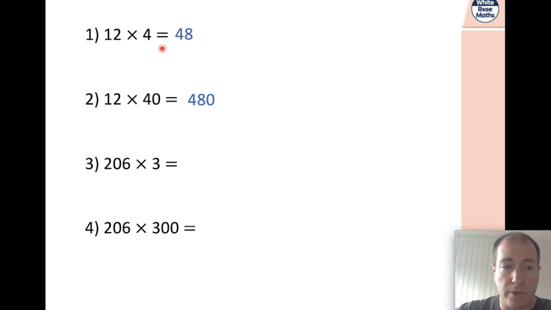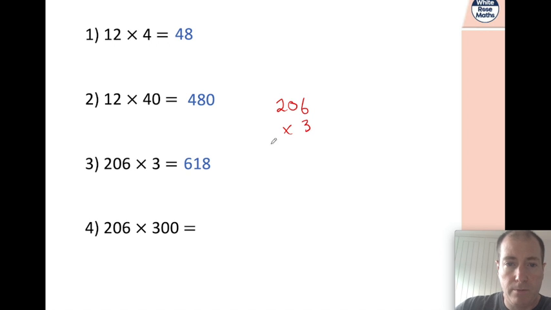Let's move on to question 3, 206 by 3. Well, if I was going to do this with a formal method, it would be 206 multiplied by 3. So let's put our line there. 6 times 3 is 18. 3 times 0 is 0. Add the 1 is 1. And 3 times 2 is 6. Now, if I know that